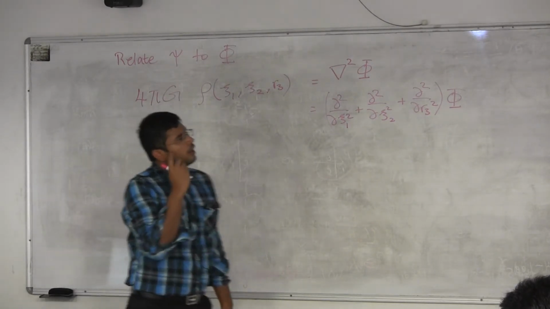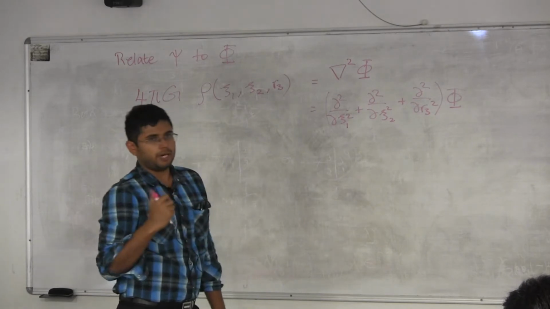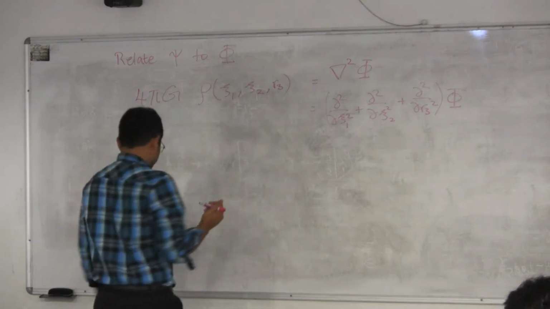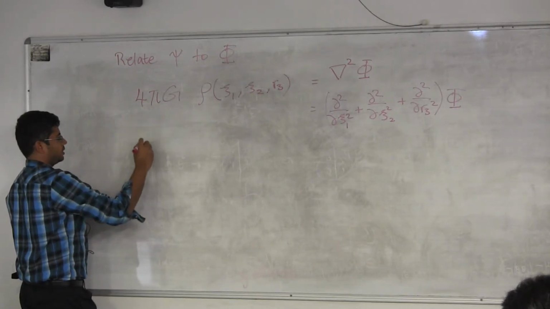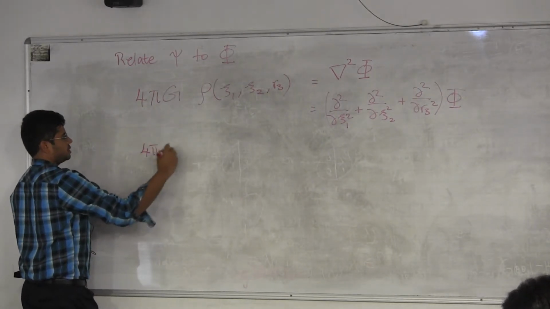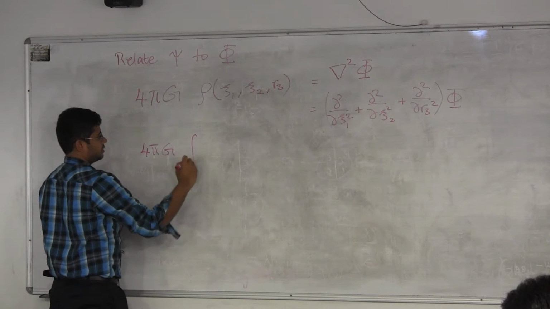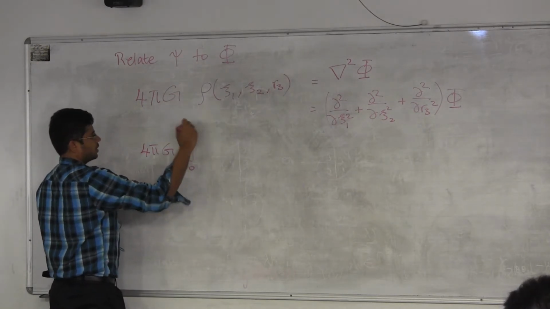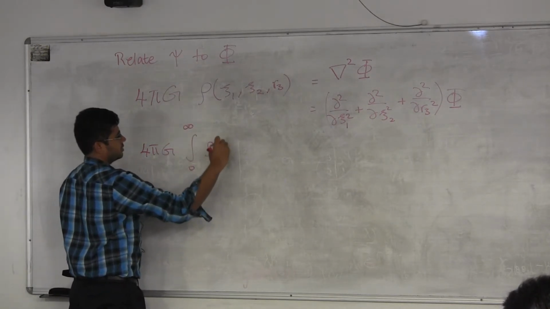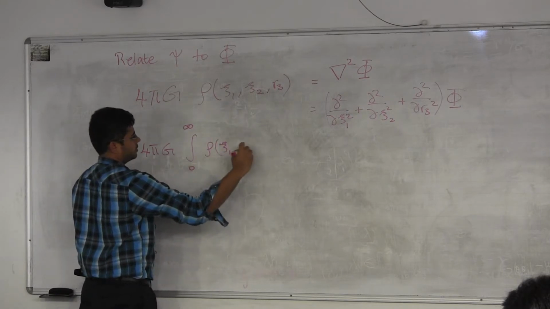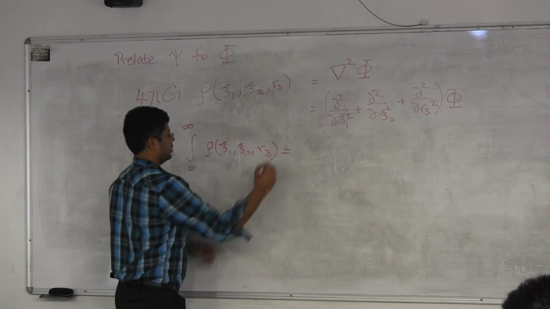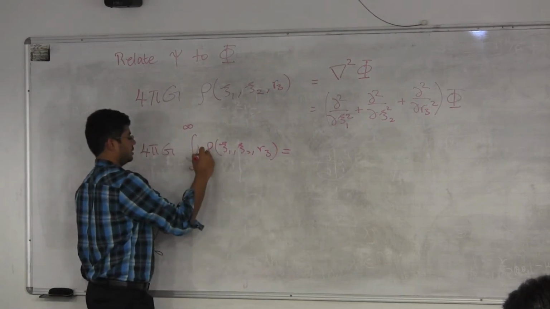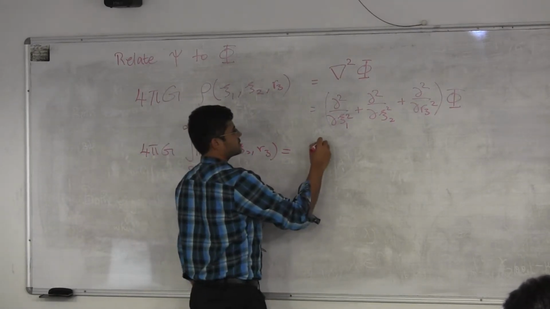Now to get to kappa, or the two-dimensional mass density, I will start by integrating over all of r3. So say 4 pi G integral 0 to infinity of rho of chi1, chi2, r3, d r3, and that's the same as